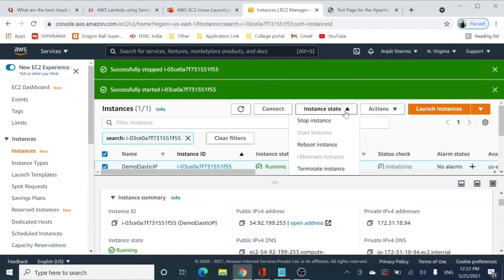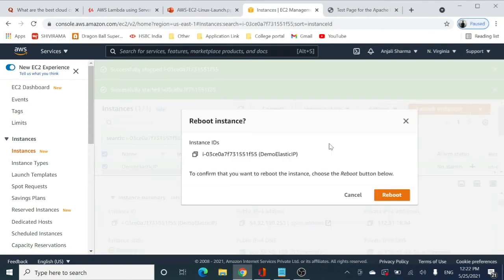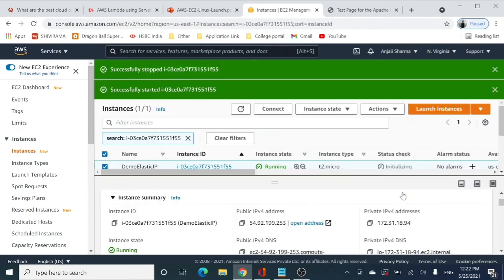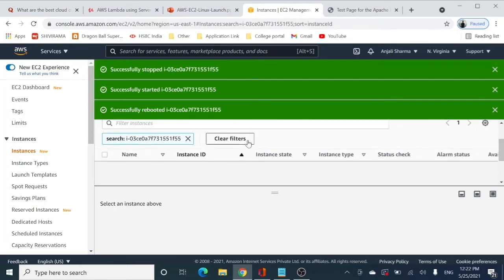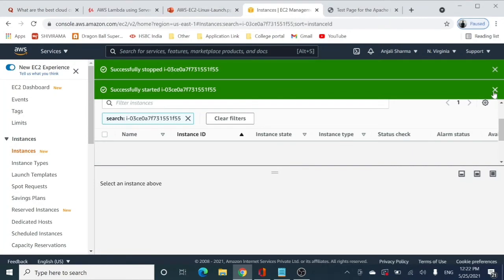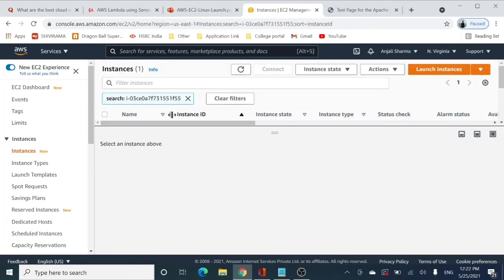Next, let us check what happens if we reboot our instance, right? So I'm confirming the reboot. Let us see if this public IP address can be sustained when we reboot our EC2 instance, right? So just refresh it. Let me clear all these tabs.